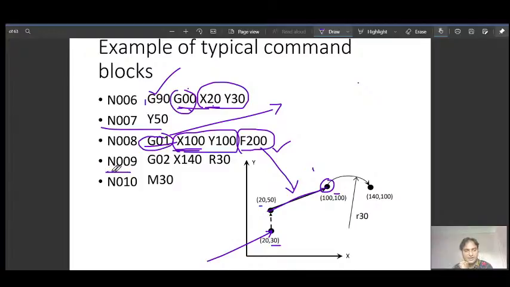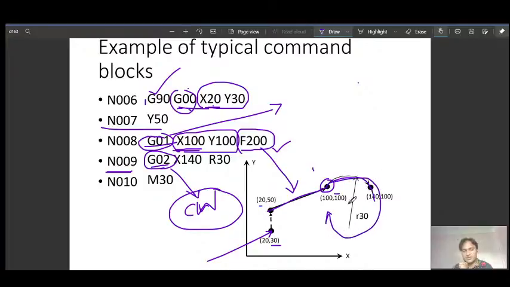Then N009, the next block number, G02. If you remember the clockwise rotation of the spindle, oh sorry, this one: G02 is circular interpolation clockwise. So from here, it is following a clockwise pattern.